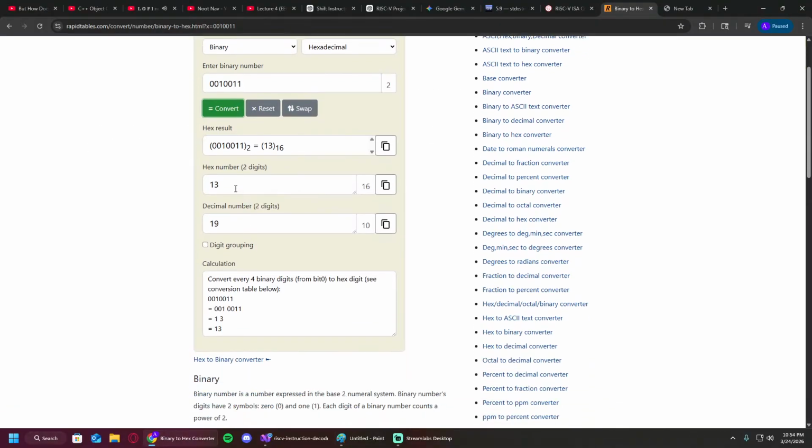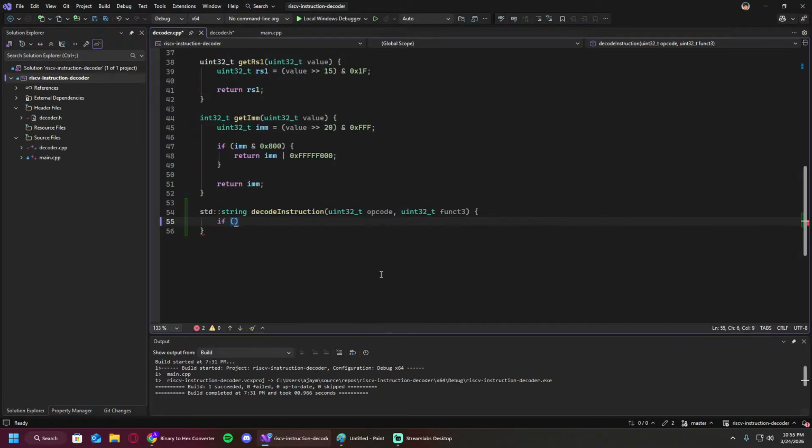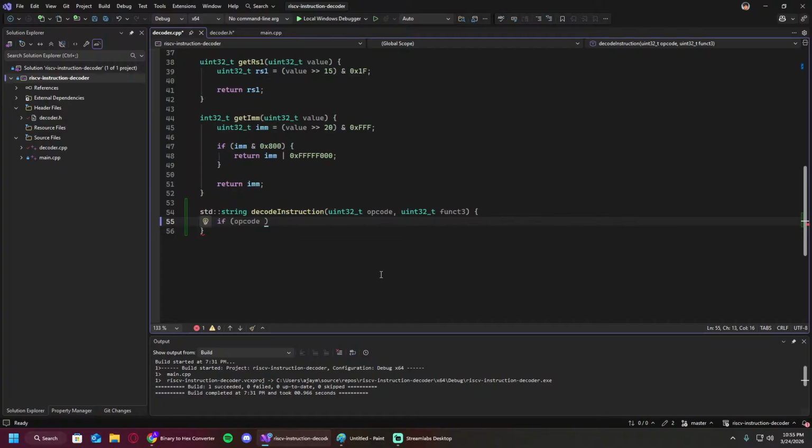That will be 13 in hex. So x13, and then